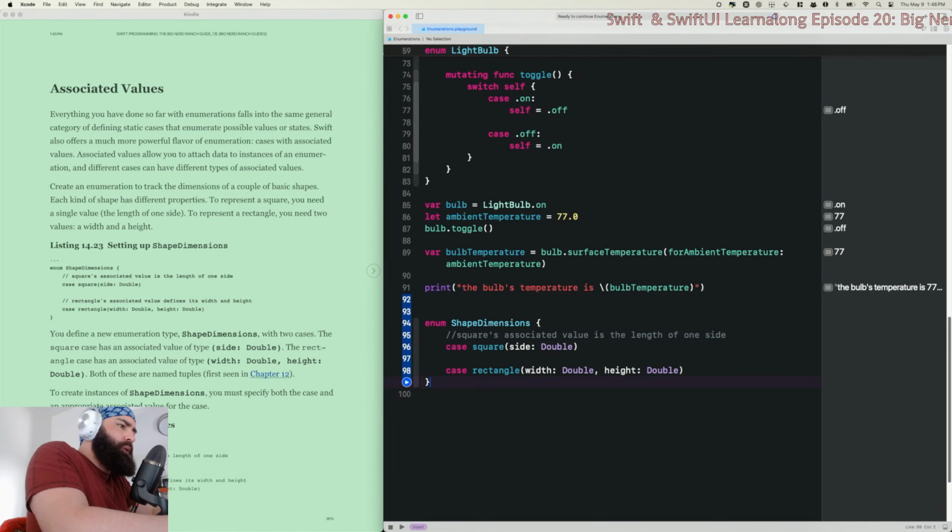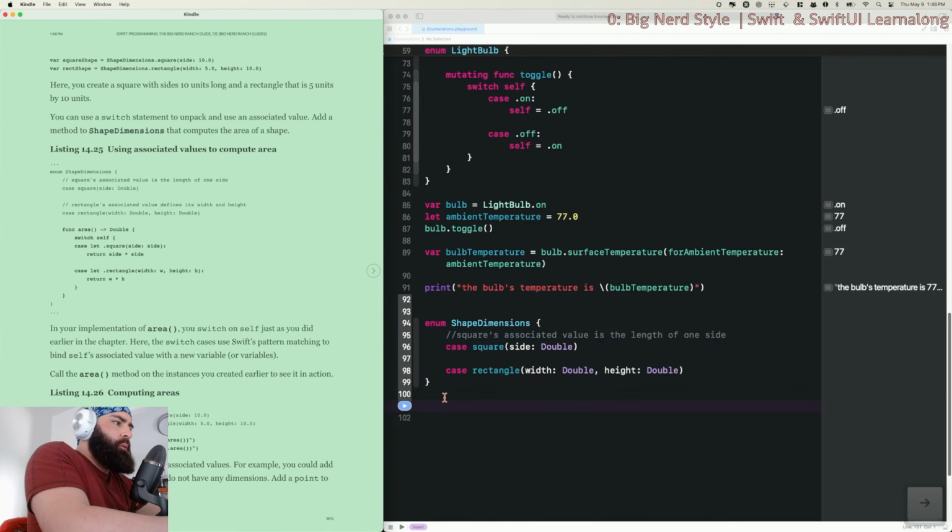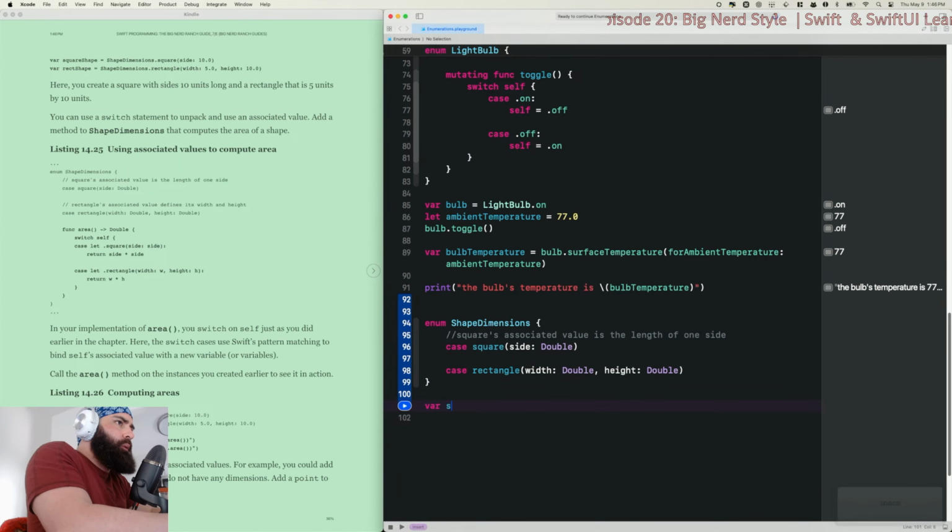To create instances of shape dimensions, you must specify both the case and an appropriate associated value for the case. Okay. Var square shape. Hold on. Why isn't that?